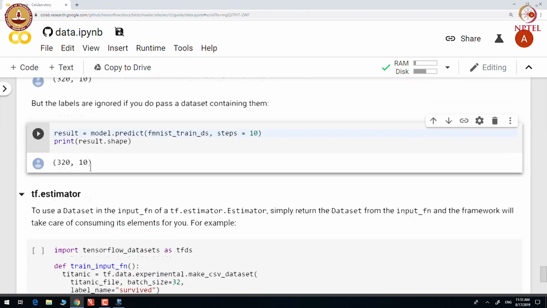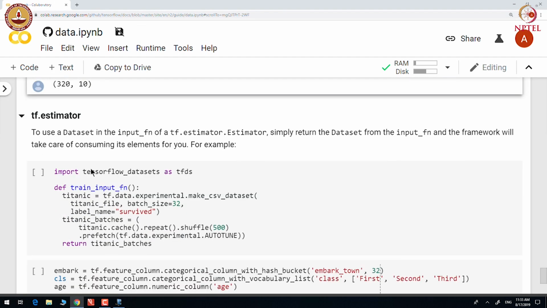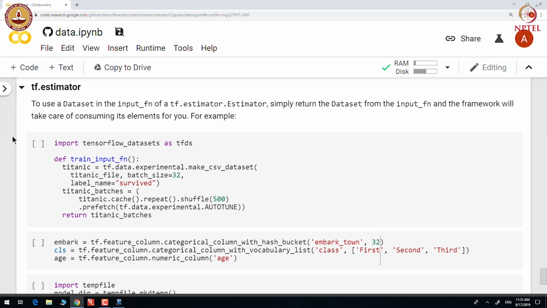In case of tf.estimator, we need to define an input_function that returns a dataset object, and then the framework will take care of consuming its elements for you.